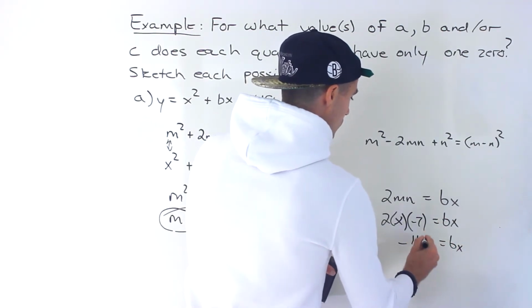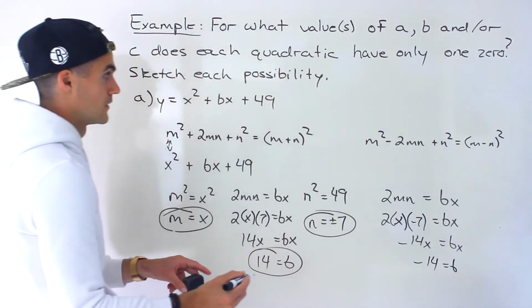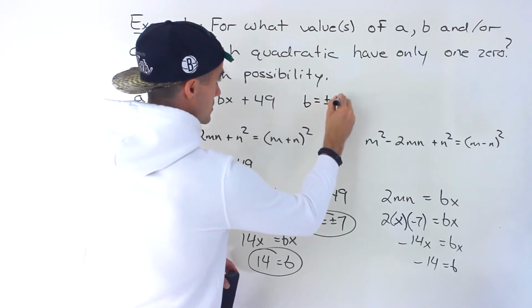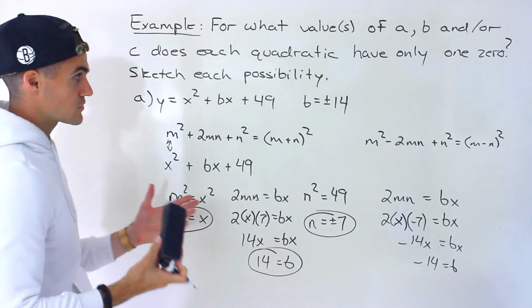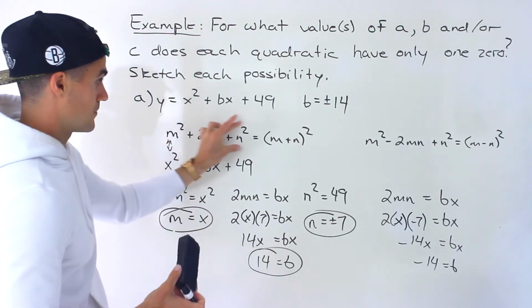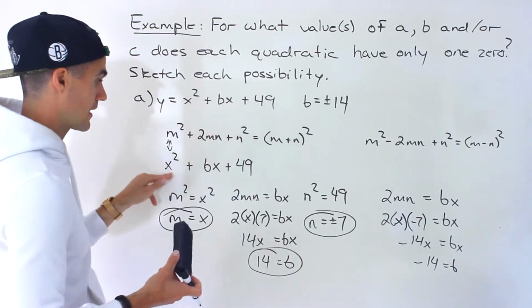We end up with negative 14x, so b can also be negative 14. So that's actually the answer for this first one. So b can either be plus or minus 14. And the way we got those values is we basically matched the perfect square trinomial formula with the quadratic